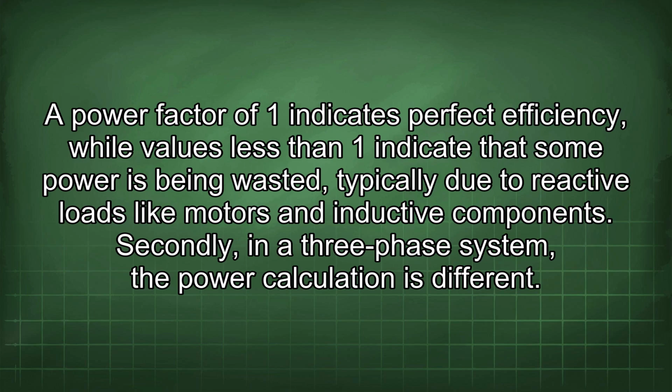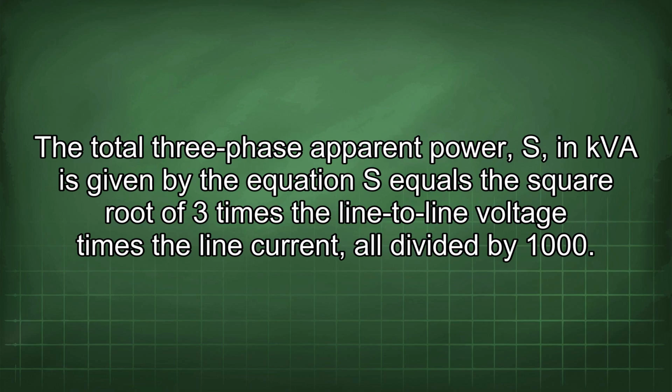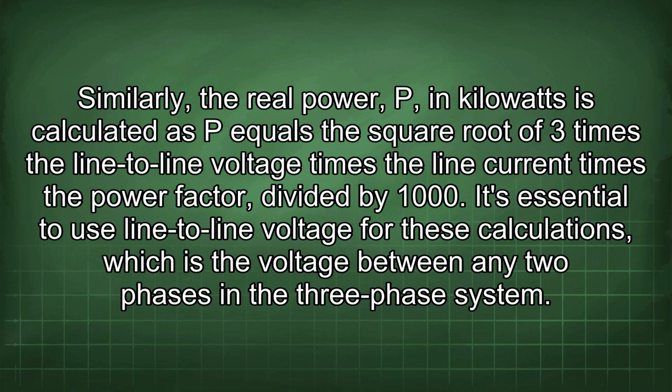Secondly, in a three-phase system, the power calculation is different. The total three-phase apparent power, S, in kVA is given by the equation S equals the square root of 3 times the line-to-line voltage times the line current, all divided by 1000. Similarly, the real power, P, in kilowatts is calculated as P equals the square root of 3 times the line-to-line voltage times the line current times the power factor, divided by 1000. It's essential to use line-to-line voltage for these calculations, which is the voltage between any two phases in the three-phase